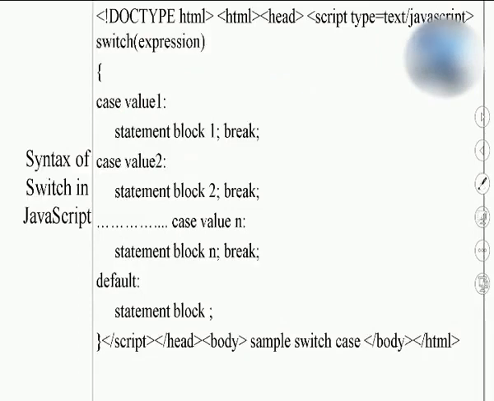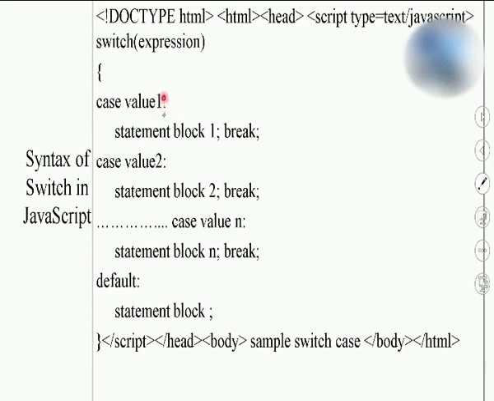Here, what I want to make use of is a switch statement. Now, what is a switch statement? Whenever you want to have multiple decision statements, instead of writing if else again and again, I can make use of the switch case statement. This is the syntax of the switch case statement in front of you. Now observe over here, this value is there. This is the expression. I wrote this inside the script tag. The expression is nothing but a condition. When the condition is true, the switch case will get executed. It will check this with this value of the case.